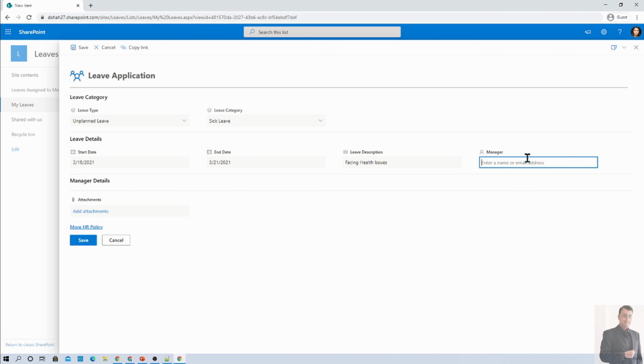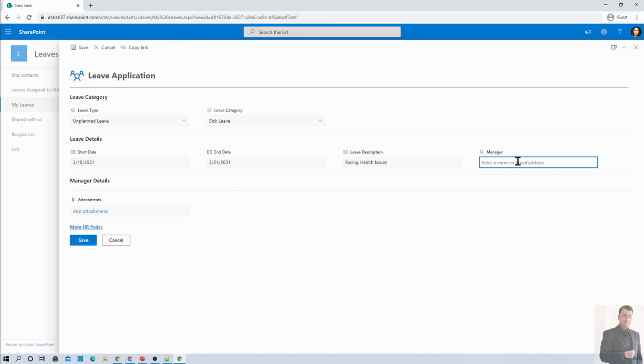Now let's say Tejal's manager is Dhruvin, so she will enter his name, Dhruvin, right? And now this section does not appear over here. But what if she enters her own name over here? She will be able to see this entire section where the manager can change the status, add a comment and take the appropriate action on that.